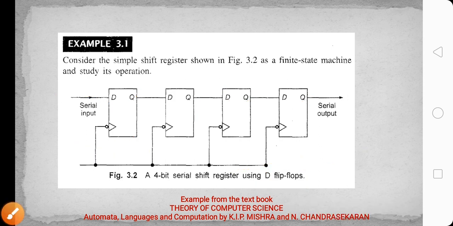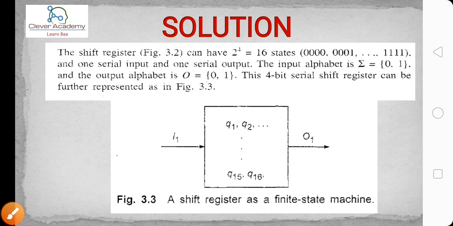For this, the total number of combinations we have is 2 to the power 4, which equals 16 states. The total number required means the maximum number of possibilities, not the minimum number of possibilities. The maximum number of possibilities to get is totally 16 states.